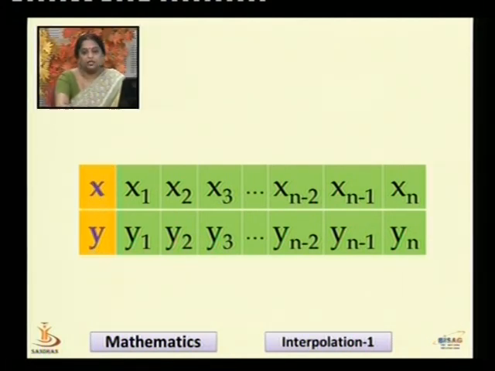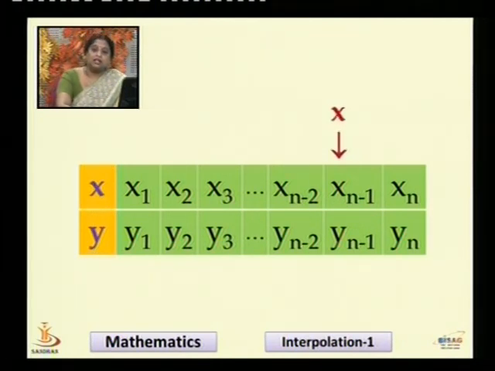What we see here is a table of n points, x1, x2, x3, xn minus 2, xn minus 1 and xn. And the corresponding y values are tabulated as y1, y2, y3, yn minus 2, yn minus 1 and yn. Suppose the untabulated point x, for which the y value has to be interpolated, lies in the upper half of the table, that is from the middle value to the upper, the position of x is anywhere in between the first half of the table, then we make use of Newton's forward difference interpolation method.